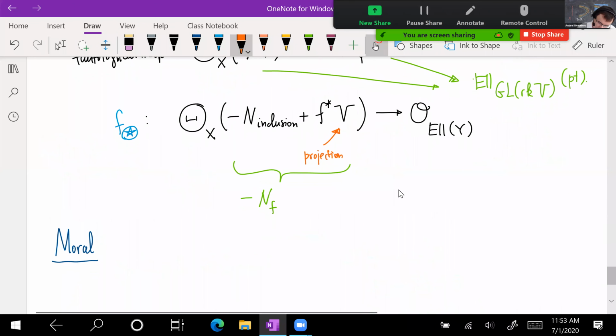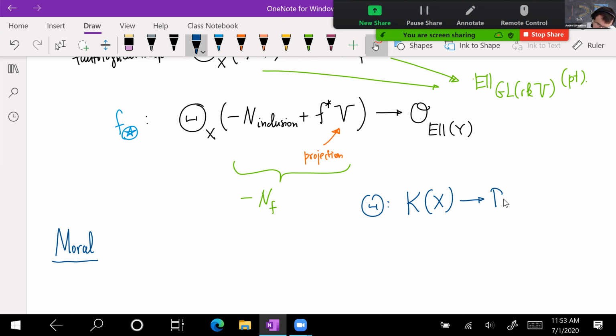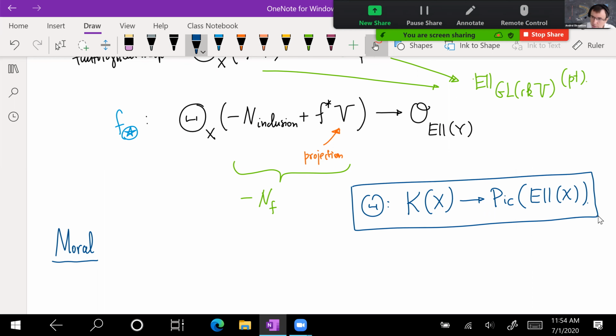So we will use this here. We already have used this here. So theta is really just a map from K of X to Pic of Lx. For every bundle, we get a line bundle. And so what was the moral of this computation? The moral of this computation is that